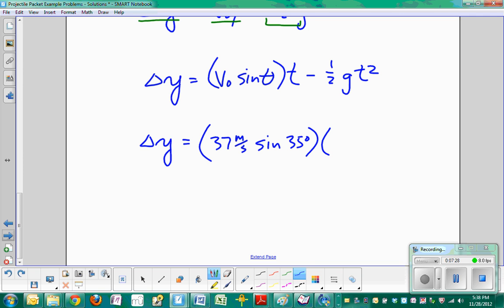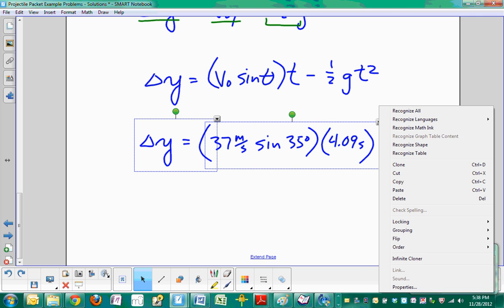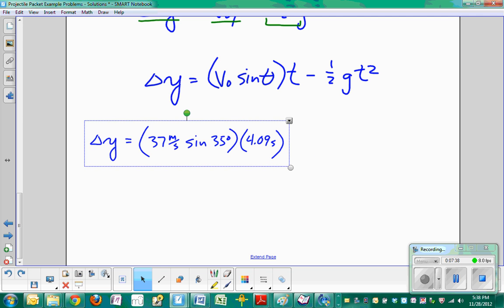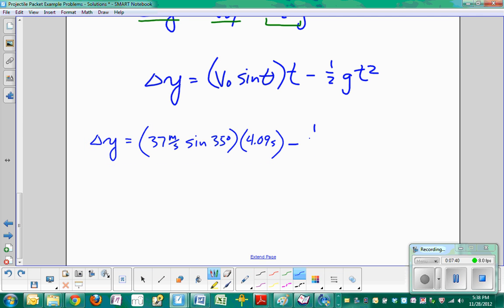We're going to multiply that by 4.09 seconds, and then from that we're going to subtract 1/2 times 9.8 meters per second squared times 4.09 seconds quantity squared. Taking a little time to put it in our calculators, what we end up with is delta y is equal to